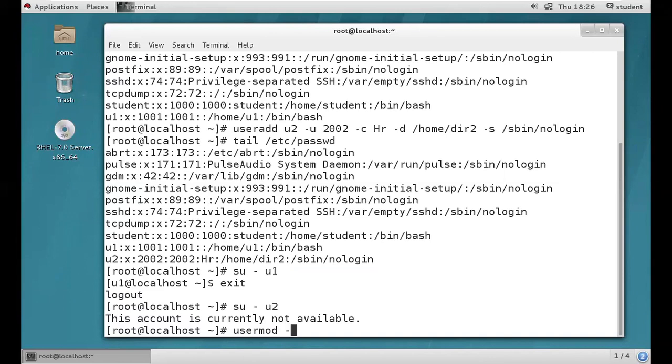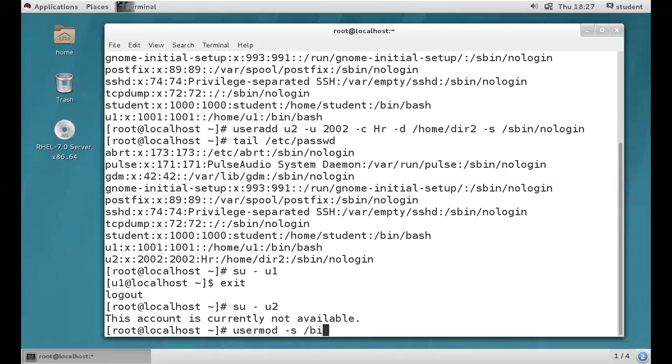Then -s is the option to modify the shell. See guys, useradd is for a new user. This one is an existing user. To modify the properties of an existing user, we always use the usermod command. usermod -s is an option; s stands for changing the shell environment.